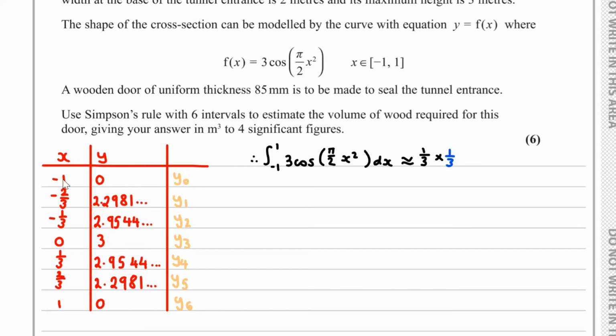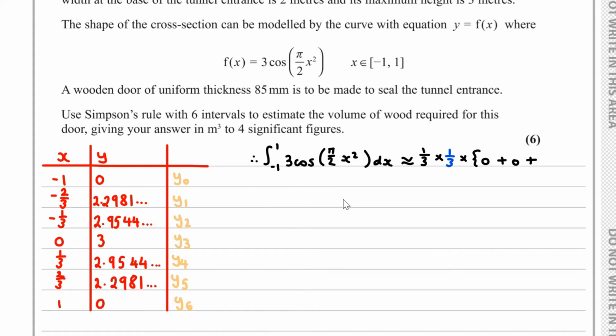Of course, from one value to the next value, we keep adding on 1/3. And then we multiply this by the following. We have the first y value plus the final y value. So we've got 0 plus 0. And then we add on